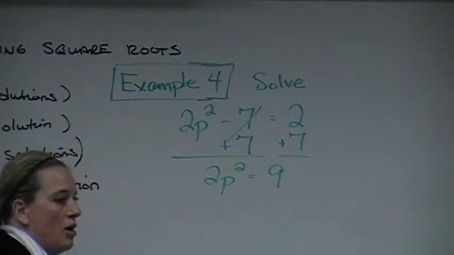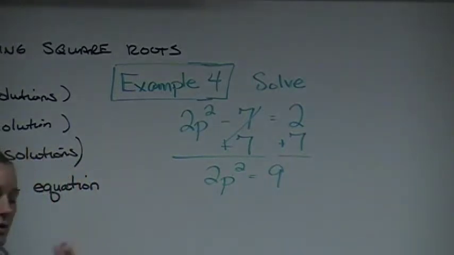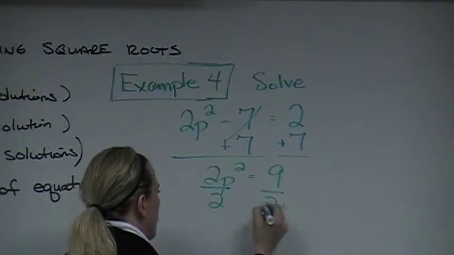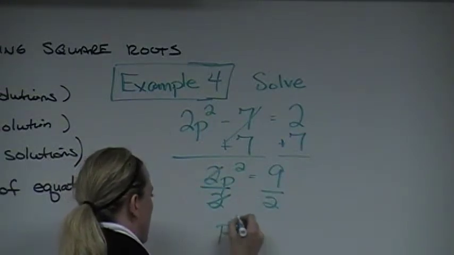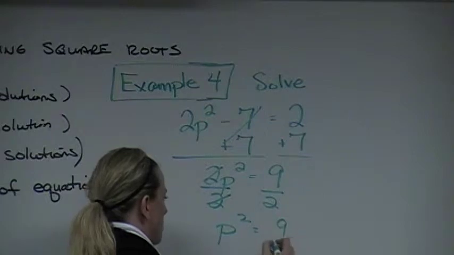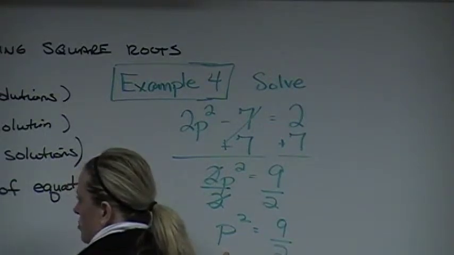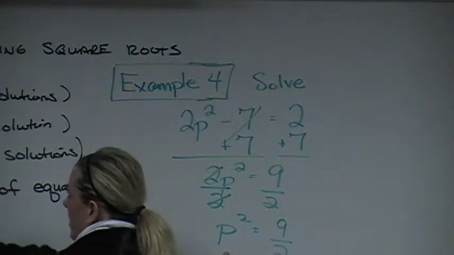Now how do we get rid of multiplying by 2? Divide by 2, right? Yep. Divide by 2 on both sides. Now, let's stop here. We have to do something first. We've isolated the square. That's what we did first. So before we take the square root of both sides, let's identify how many solutions we're going